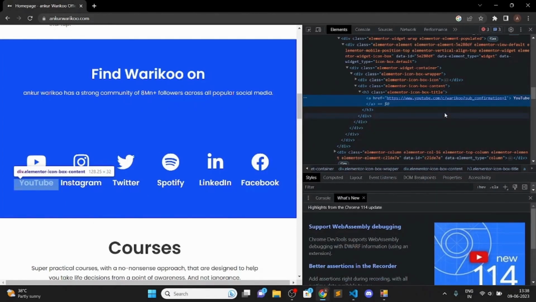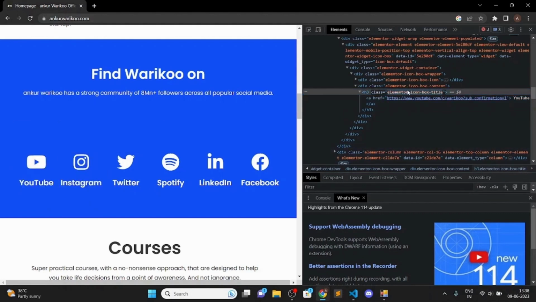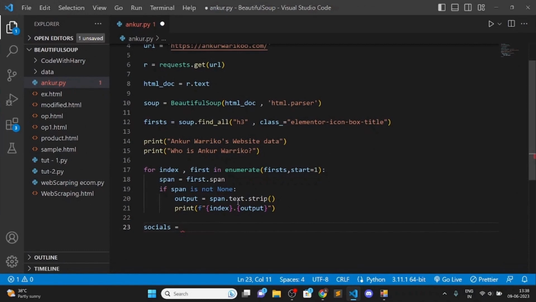Okay, it is also under an h3 tag with the same class. Okay, I got it. So to scrape it, what we can do is firstly we'll do the same thing,